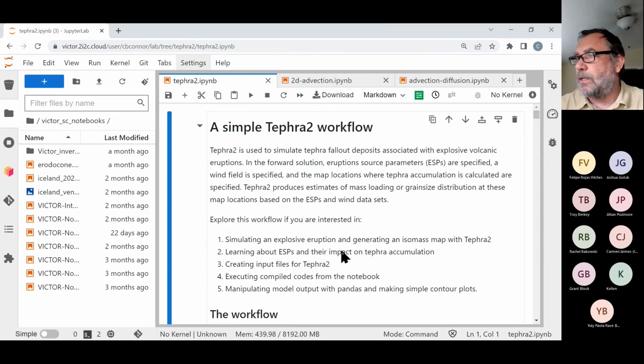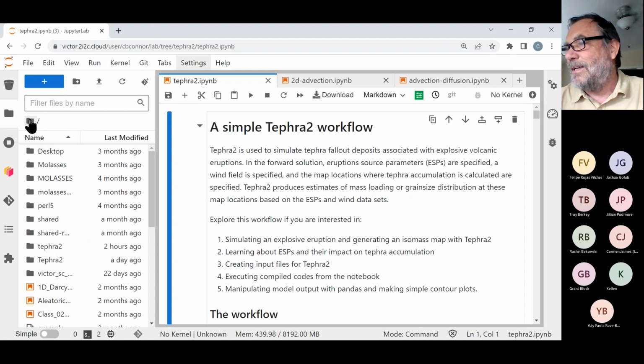So here's a notebook put together in Tephra2, and you have access to this notebook, and you can run these simulations anytime you want to. But let me take a minute and talk about the logistics of doing that, just so you get a good handle on it. If you go into the shared directory,